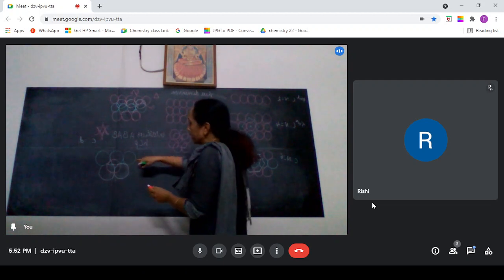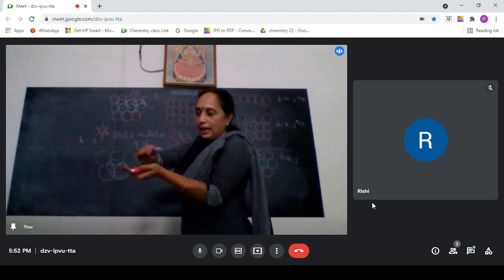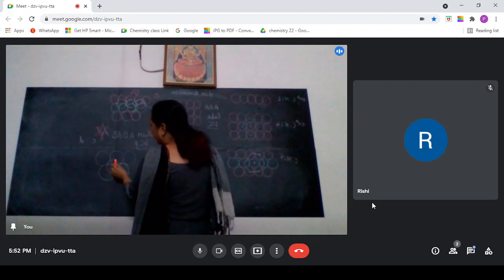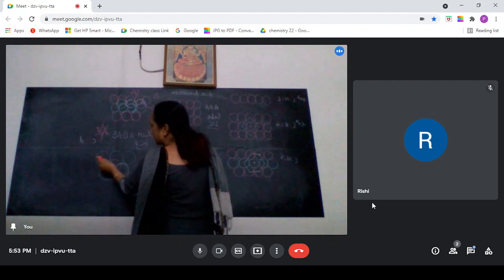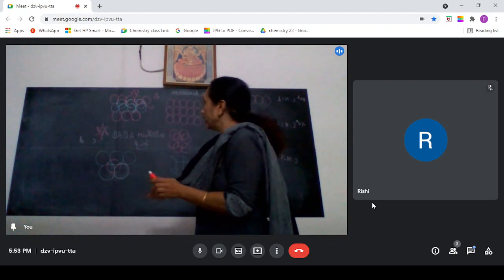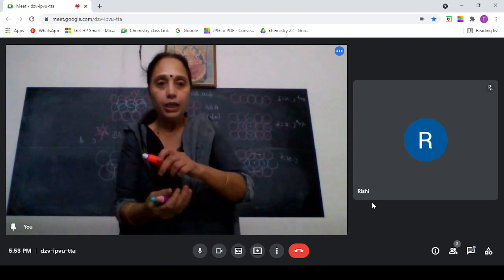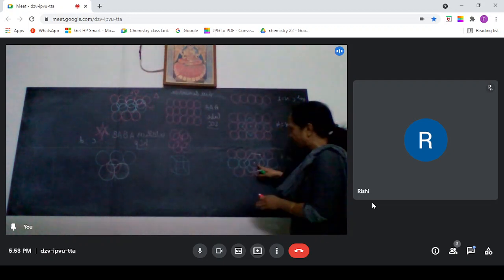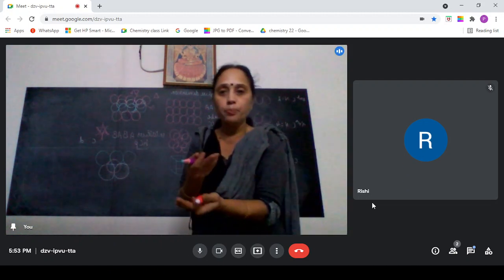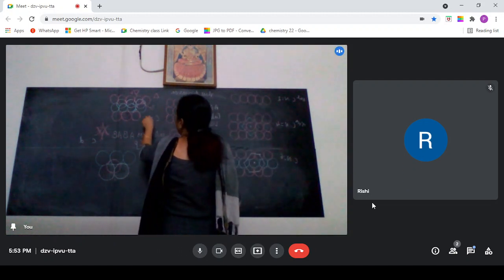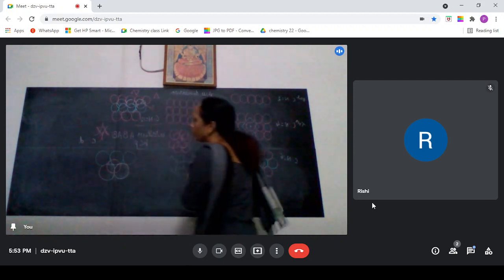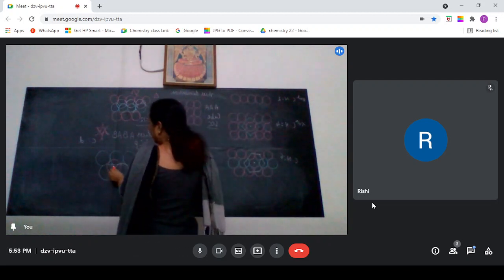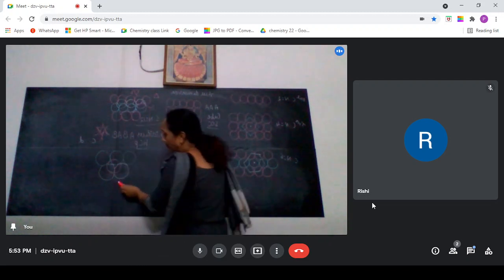Hexagonal close packing. That is, you will have one layer like this, second layer here, and third layer exactly on the first layer. Okay, so each particle will be in touch with 6 in the first layer, like this, 6 in the first layer, 3 above, 3 below. So coordination number will be 12 in the hexagonal close packing. This is, you are filling the C void. Now, and if you fill the C void, it will be exactly like this.